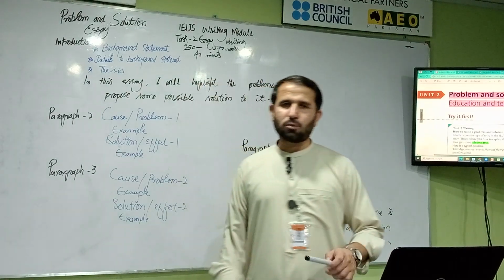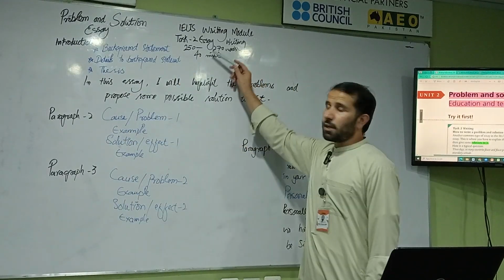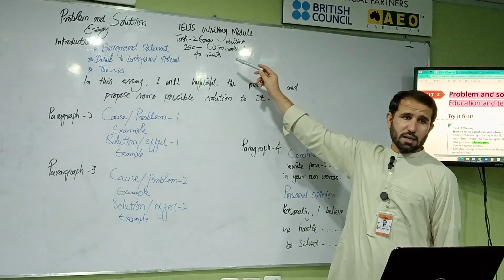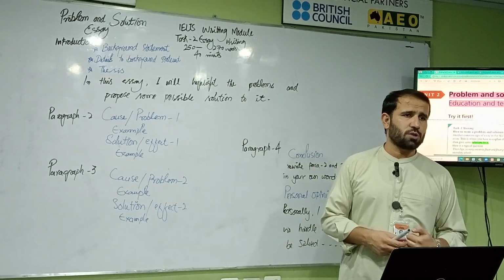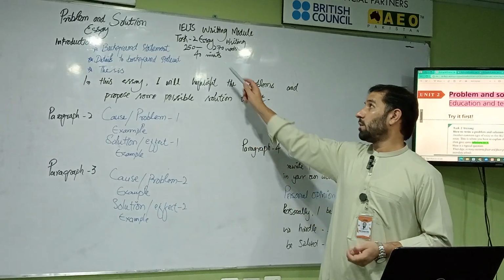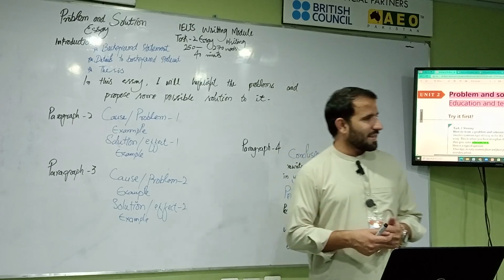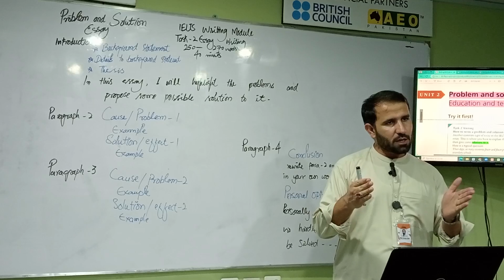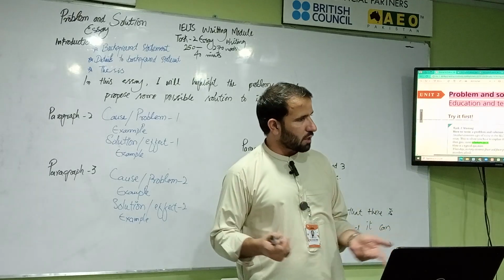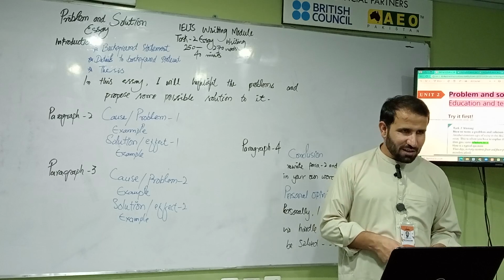Today we will be talking about the problem and solution. Here you can see IELTS writing task 2 is essay writing, and it is based on 250 to 270 words, and you can use 40 minutes time. Now it's up to you. If you think that I can write the essay in 20 minutes, I write the essay first and then I'll move to task 1, report writing. That is optional. Got it?